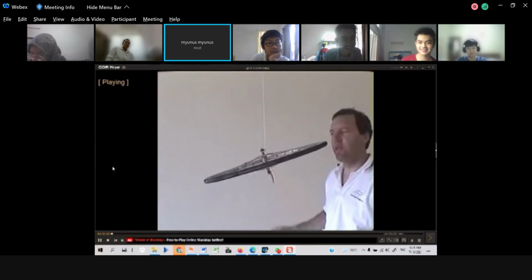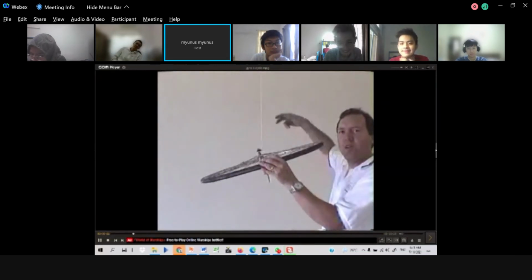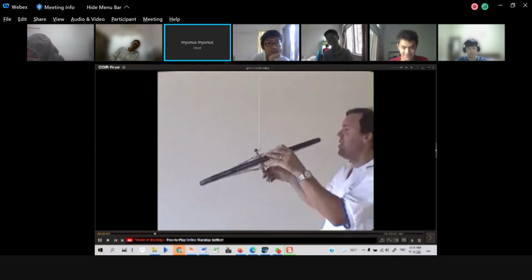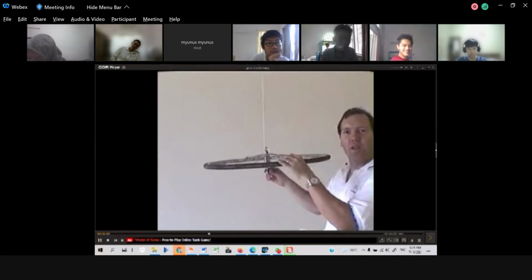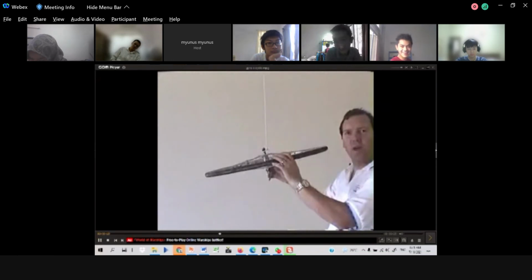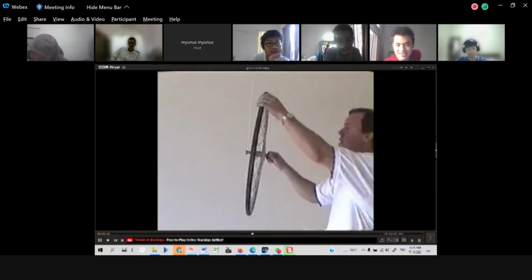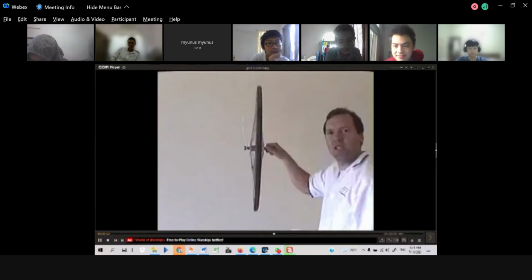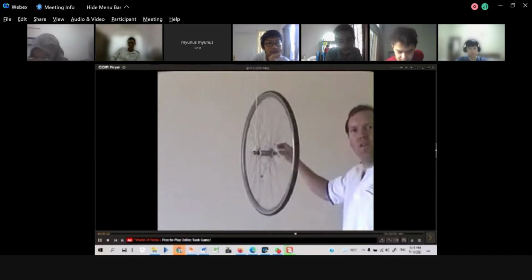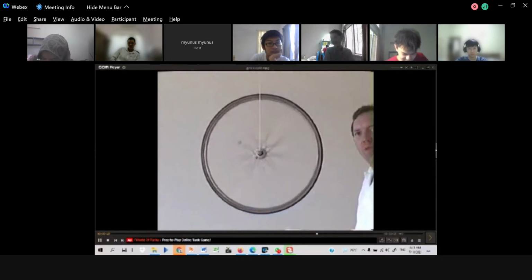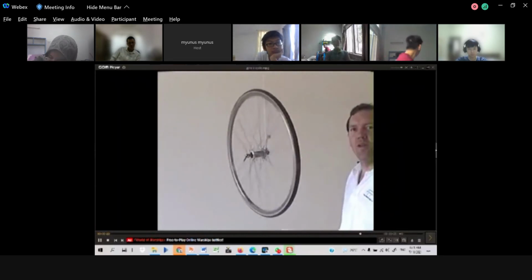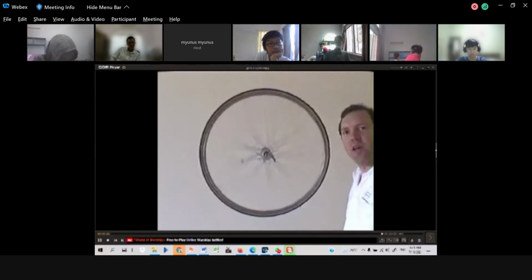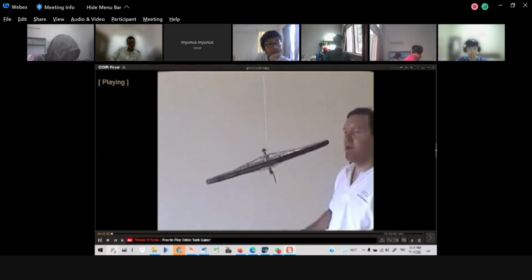Here we have your basic bicycle wheel. It's got a string tied to one side of the axle. If you put the wheel up and let go of it, it flops over like you'd expect, so that it hangs from the string. If you turn it into a gyroscope, though, by spinning the wheel, it doesn't flop over anymore. Instead, it turns, or it precesses, about that string. Read the article for an explanation of why.